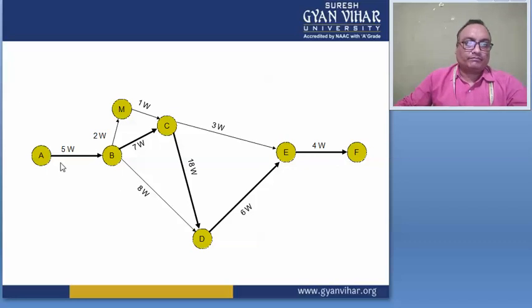And for the path A, B, C, D, E, F, the time is 5 plus 7 is 12, 12 plus 18 is 30, 30 plus 6 is 36, and 36 plus 4 is equal to 40. So this number 40 gives the highest value for this path. So this path is suitable for the longest duration, right? So the path A, B, C, D, E, F is the longest path for this duration.